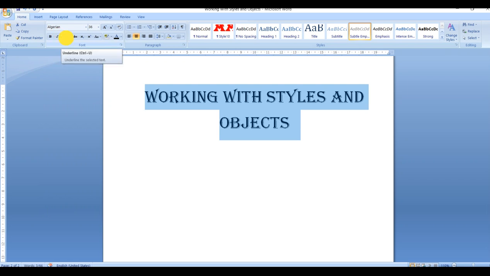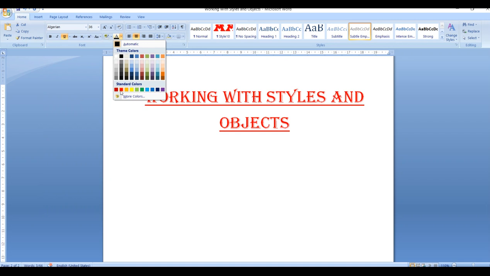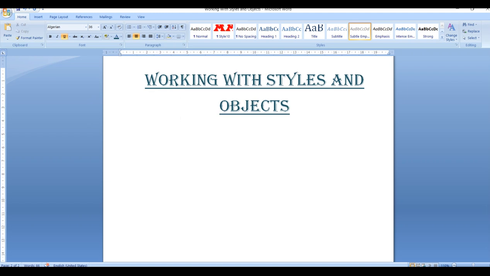Even I can underline it and change the color as I need. Here I have changed the appearance of my lesson's name. Next, I want to tell you, just select the text whose font you want to change.